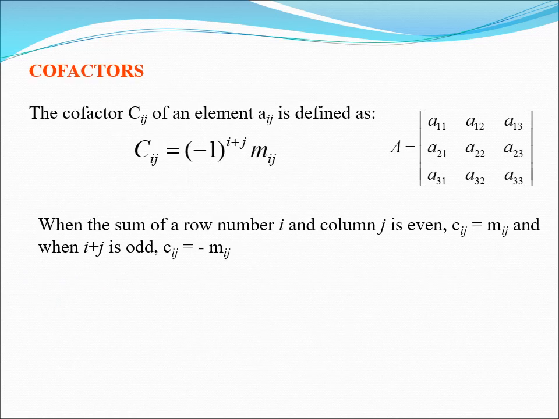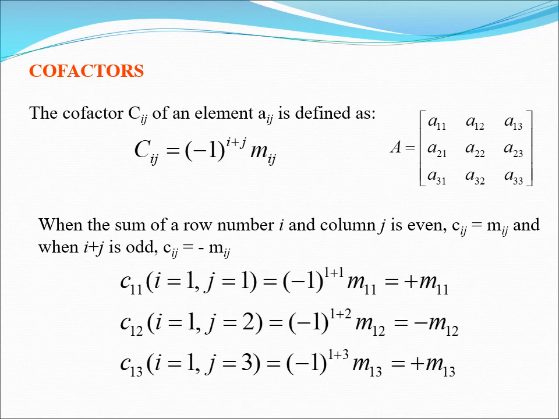The concept of minus is required whenever we need to calculate the cofactors, as the cofactor of every element is equal to -1 to the power of the ith row plus jth column in which that element exists, into the minor of that particular element. So here again we are considering the same matrix A, and for that we are calculating the cofactors.